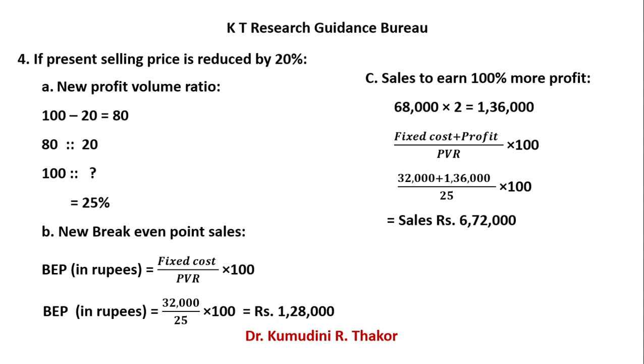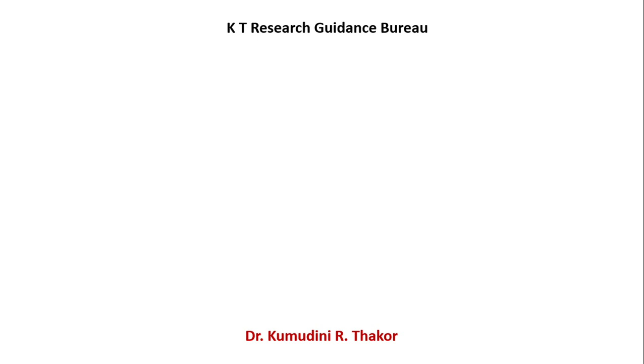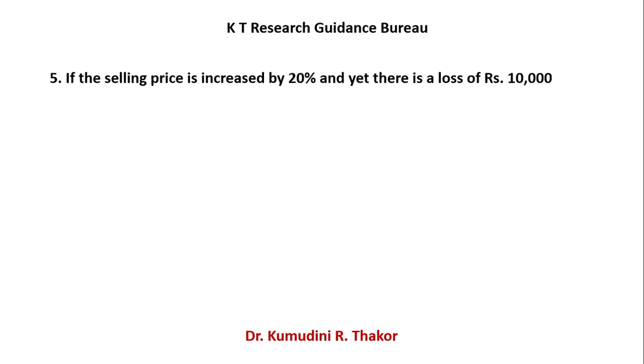So for the fourth question we calculated all these three things. New profit volume ratio is 25%. New BEP is rupees 1,28,000, and to enjoy double profit your sales must be 6,72,000. Now the fifth one is,